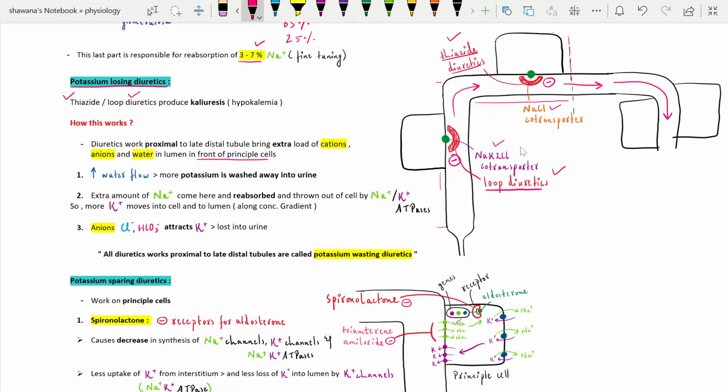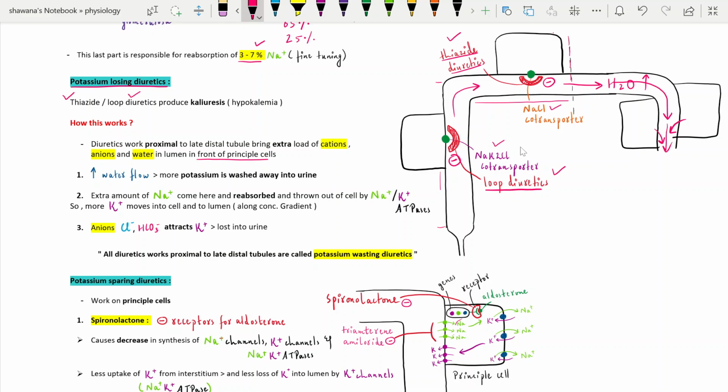So potassium losing diuretics, how does this work? Be concentrated that first, number one, more amount of solutes are present in the tubular fluid. So the amount of water will also be increased because water will be attracted towards the solutes. So the water concentration inside the tubular fluid is high. Is the water flow high also? Yes, the water flow in the tubule is high. What does it mean? It means that this water will wash away potassium from the principal cells into the urine,